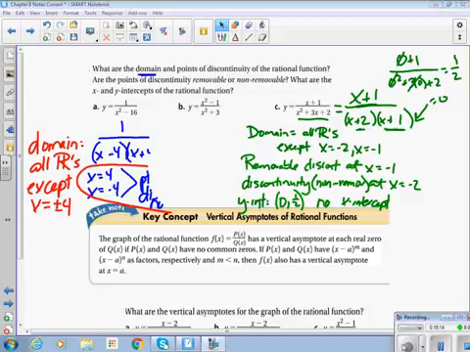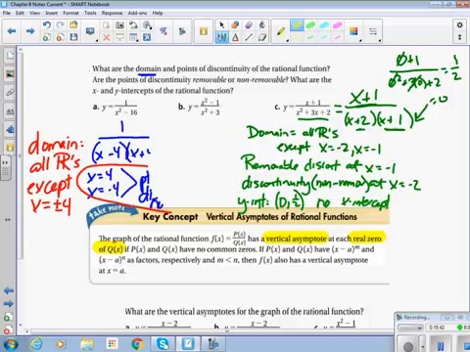All right, vertical asymptotes. The graph of the rational function f of x equals p of x over q of x has a vertical asymptote. So let's highlight the important stuff. Remember, vertical is up and down. At each real zero of q, as long as p and q have no common zeros. If p and q have a common factor and m is less than n,